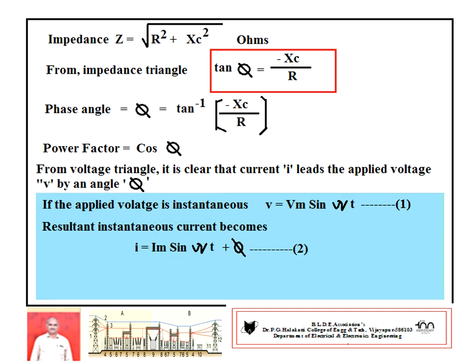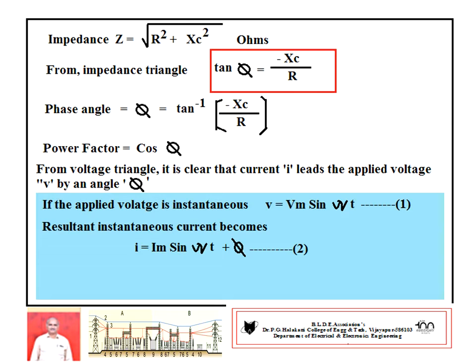Now, we have to construct the instantaneous voltage and instantaneous current expressions. So, phase angle is above 0, less than 90 degrees. It is already known. But what is the lead or lag? So, again we go to the voltage triangle. You see clearly the voltage vector and current vector. Taking the voltage vector as reference, current I leads by an angle of phi. Hence, current becomes leading.